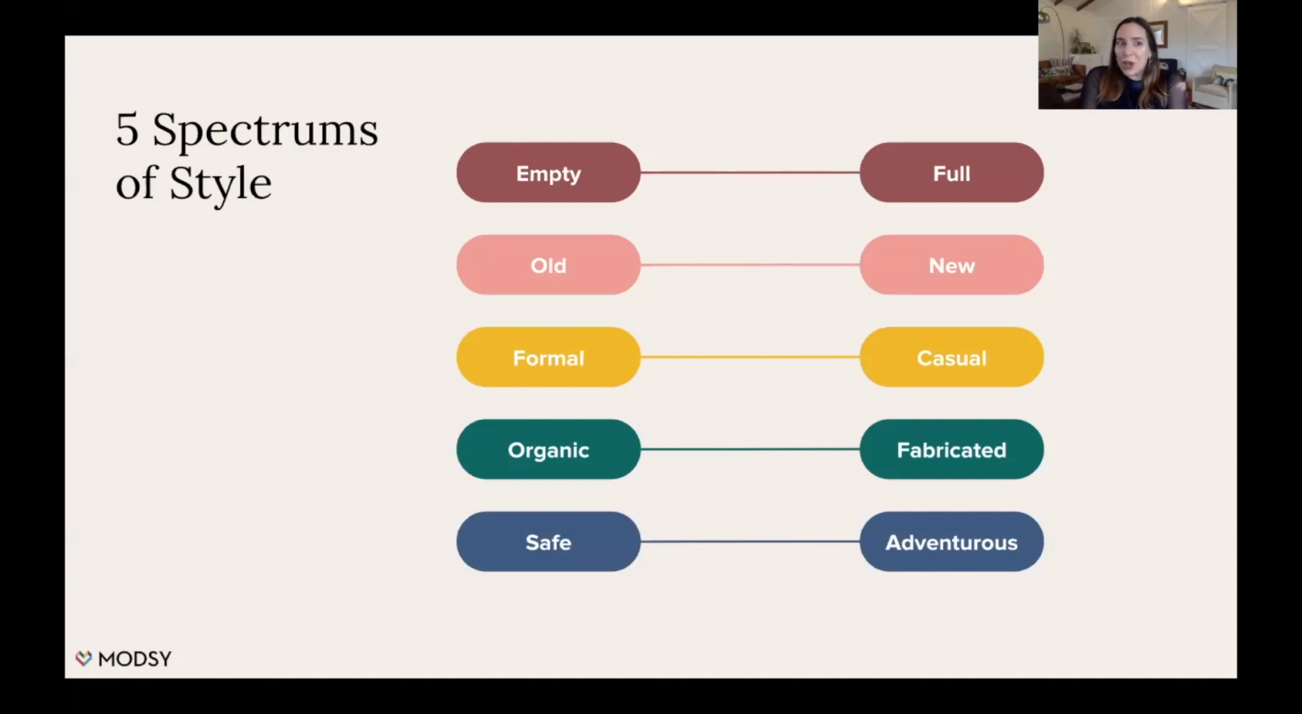So like I said, tonight we'll talk about these 5 spectrums and dive into what they mean and what they look like in the world of style. So I'm going to jump right in. The first one we're going to talk about is